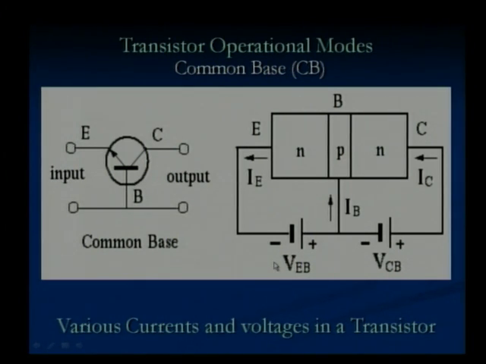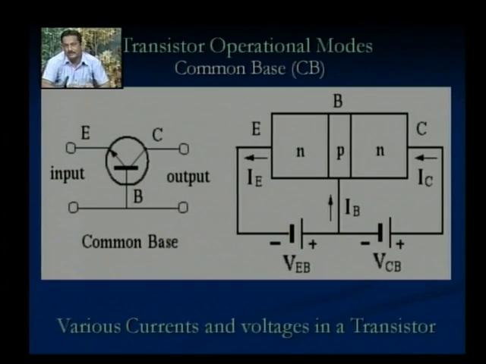Now as it has 3 terminals, a transistor can be operated in 3 modes by keeping one of the 3 terminals common. For example, in the figure we can see that the base terminal is kept common. One section forms the input section, that is emitter and base. Another we call the output junction, formed via collector and base. So this was a symbolic representation of the common base circuit of a transistor.